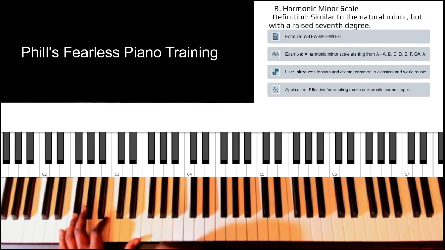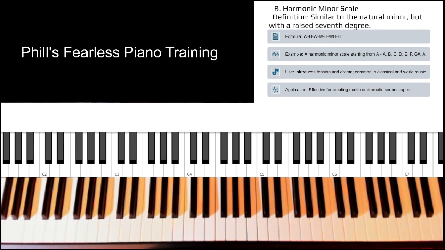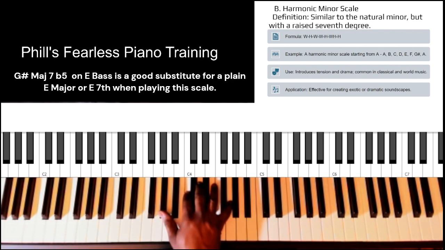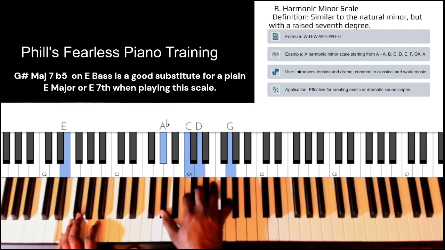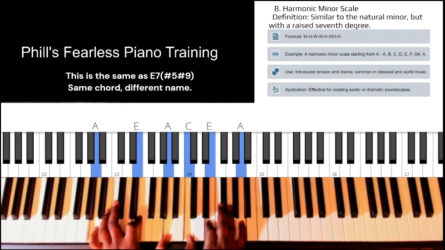Now, you don't always play the E major like that. Sometimes you could use a different chord like a G sharp major 7 flatted 5th. So this is a G sharp major 7th flat 5th, and then use an E on the bass. So you get, you must have heard this a few times if you listen to a lot of music. It's a very well-known chord and it's very helpful. So instead of just a plain E going to the A minor, you could do some like,